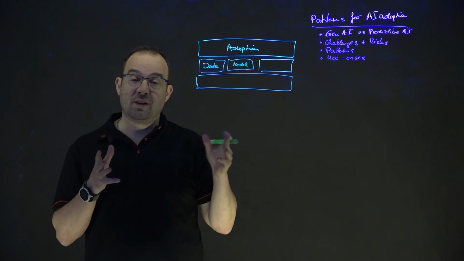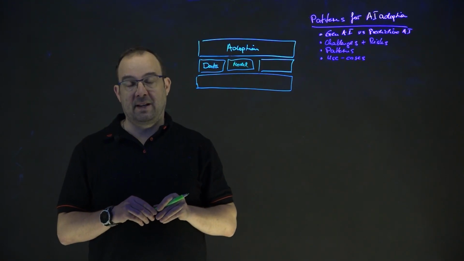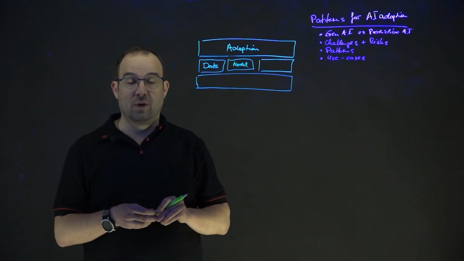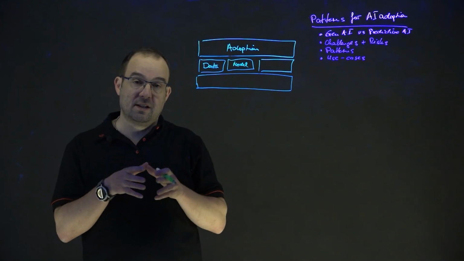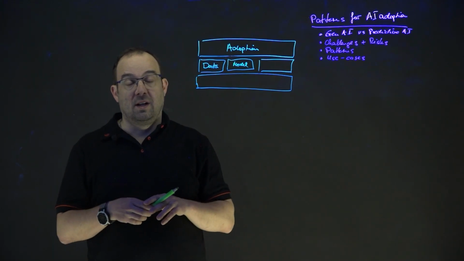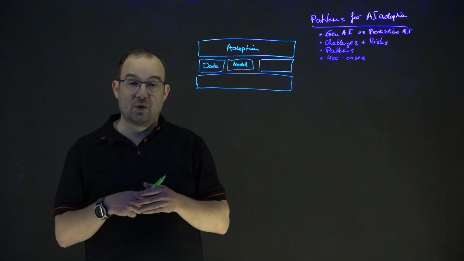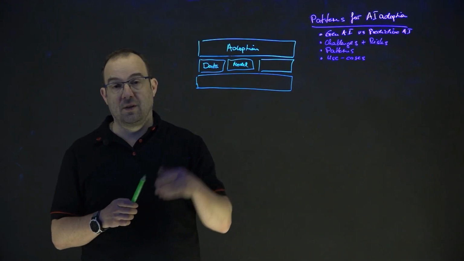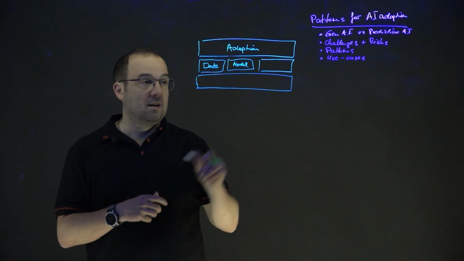Then as a next step, we have a model pattern category, which could also be called model or inference type patterns. This is about how do you deploy those models for inference. Is it centralized? Is it a federated approach? Is it a distributed approach? Is it an A/B testing type approach? Is it a blue-green deployment type approach to really test out the best performance for your models?